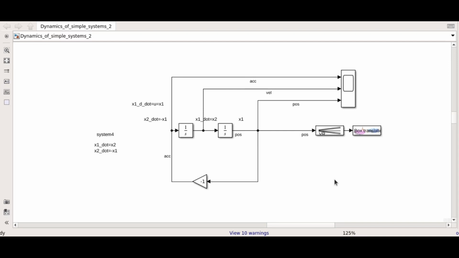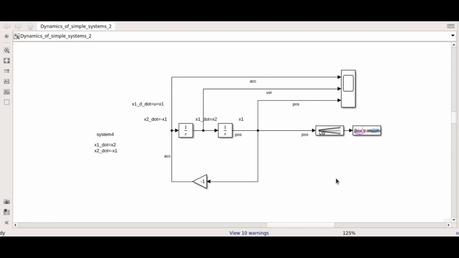Let us find out. To recollect it, to achieve the objective, the body has to be brought to the origin, and when it is brought to the origin, the velocity that is acting on the body has to go to zero. The force that is acting on the body should also be zero. Thus the body stays at the origin.